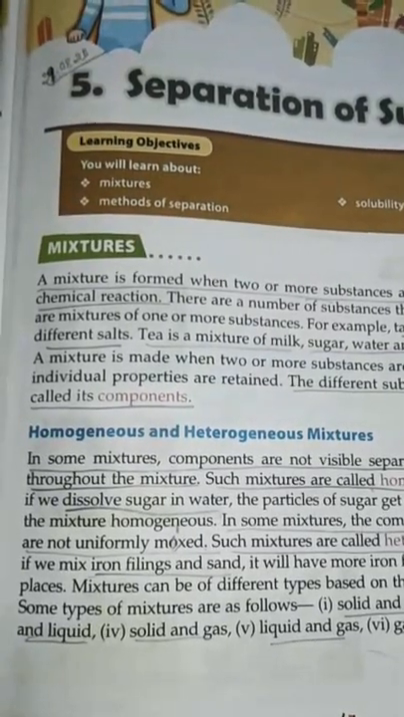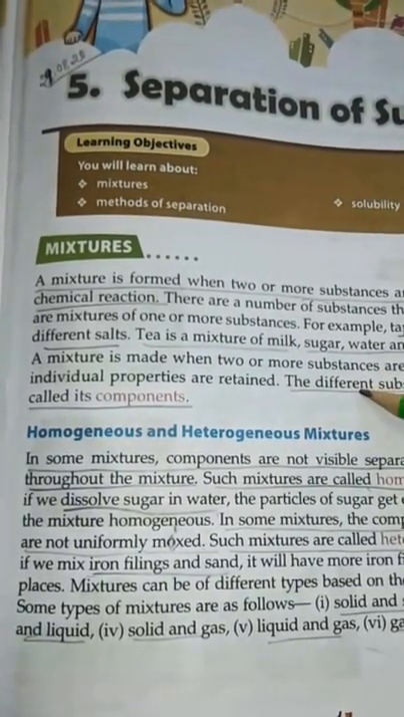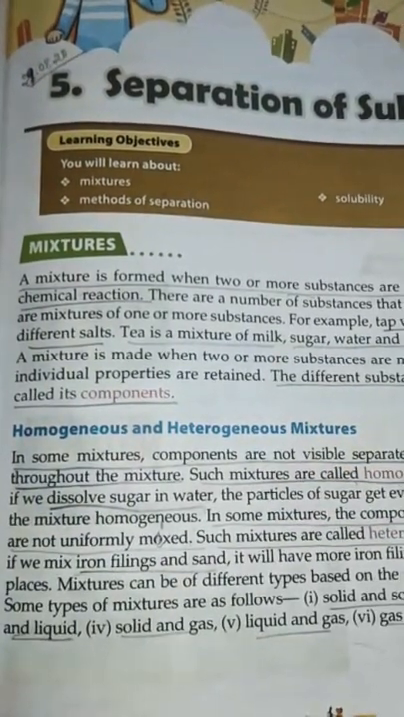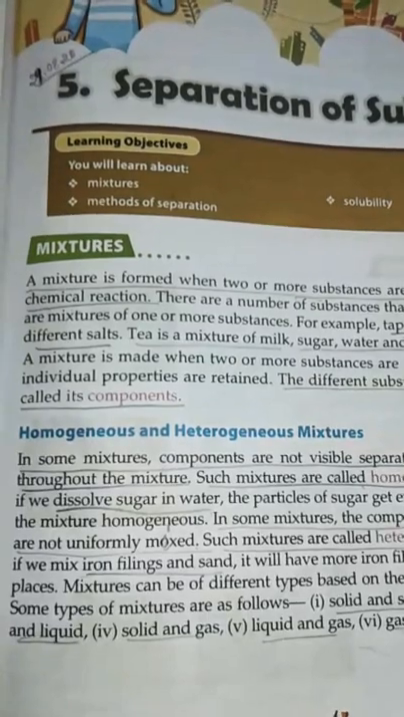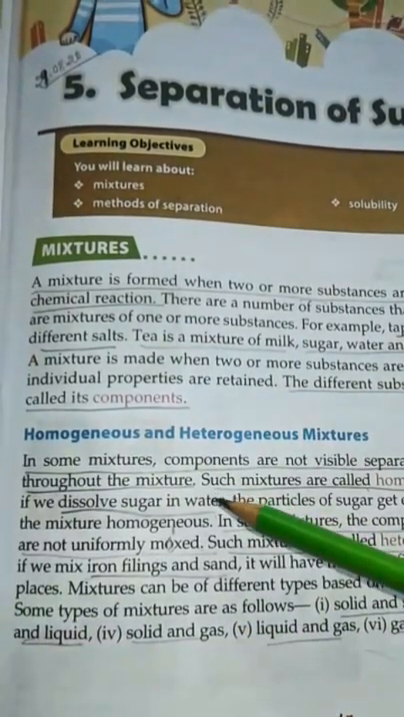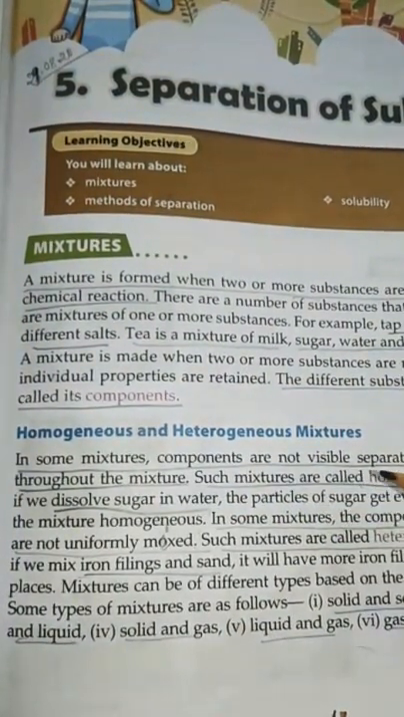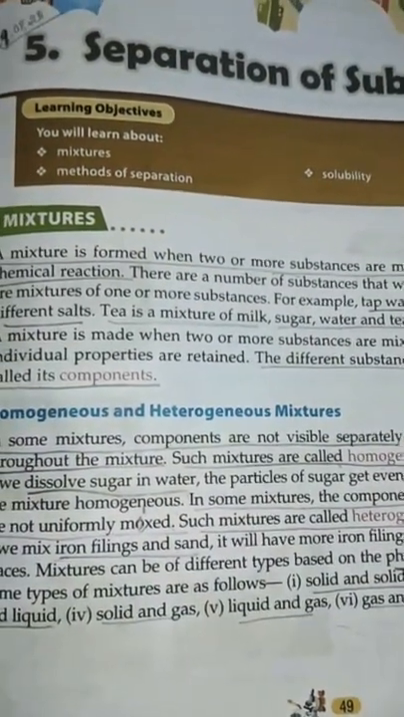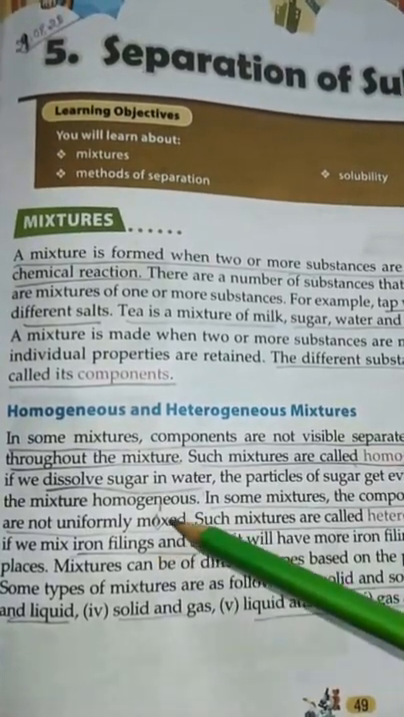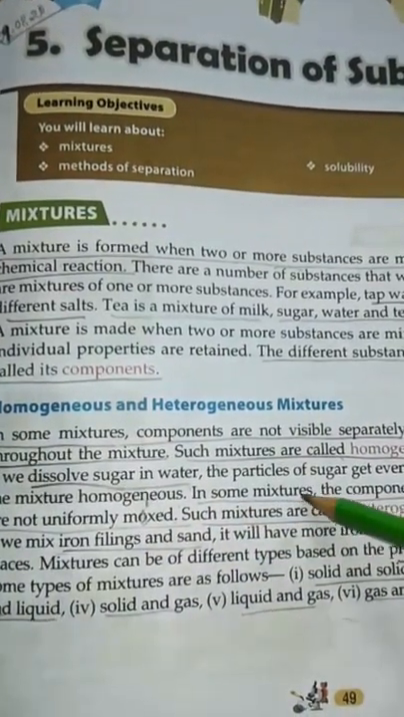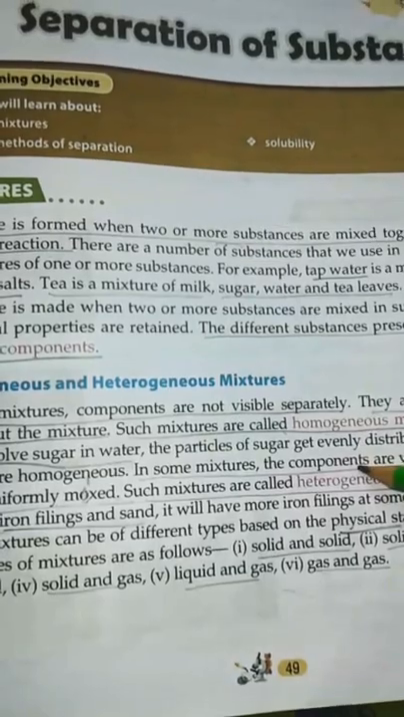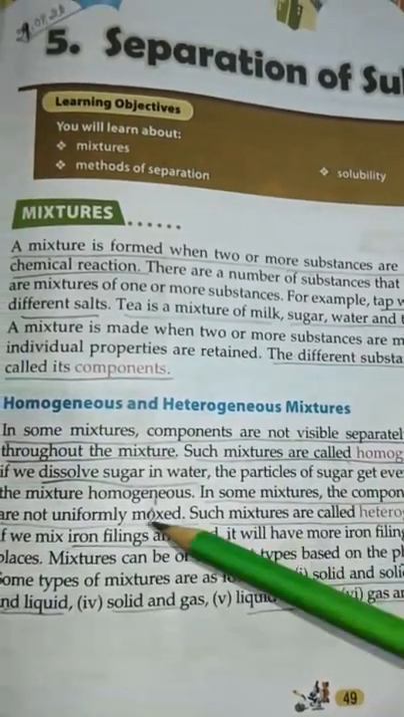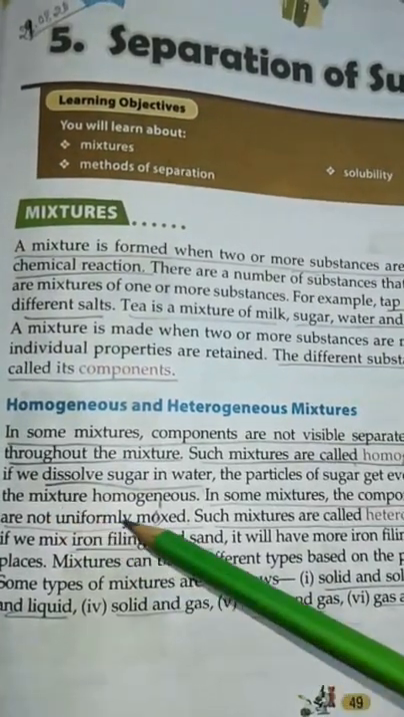Then comes homogeneous and heterogeneous mixtures. In some mixtures, components are not visible separately. They are uniformly mixed throughout the mixture. Such mixtures are called homogeneous mixtures. For example, if we dissolve sugar in water, the particles of sugar get evenly distributed in water, turning the mixture